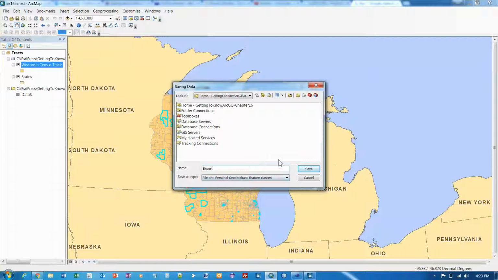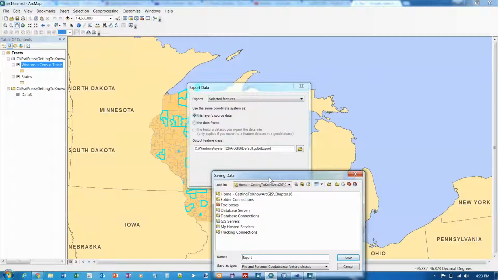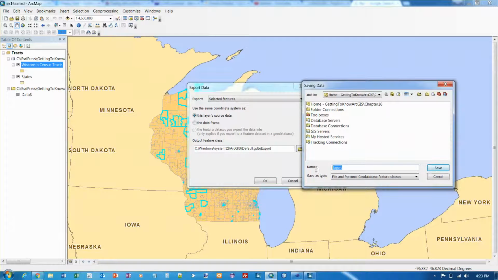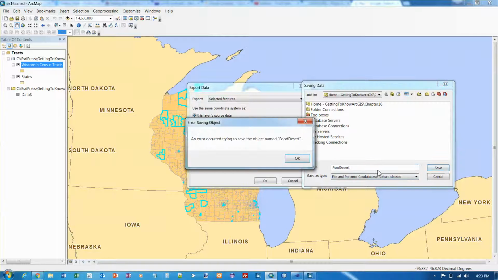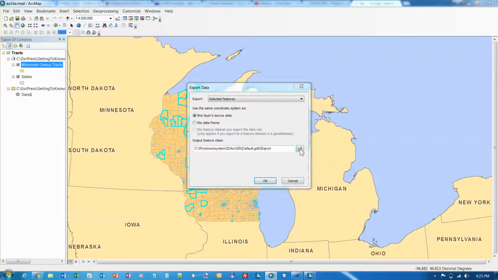So, saving data. Let's try calling that food desert. And I think we may have the same problem we had last time, an error occurred. Okay, so